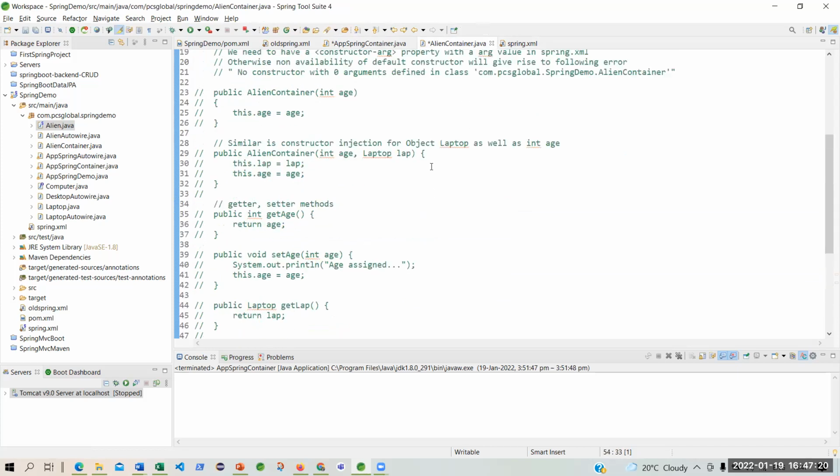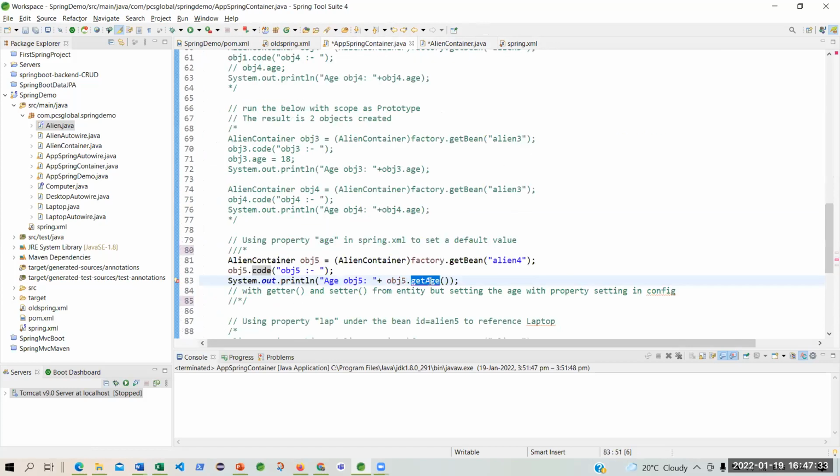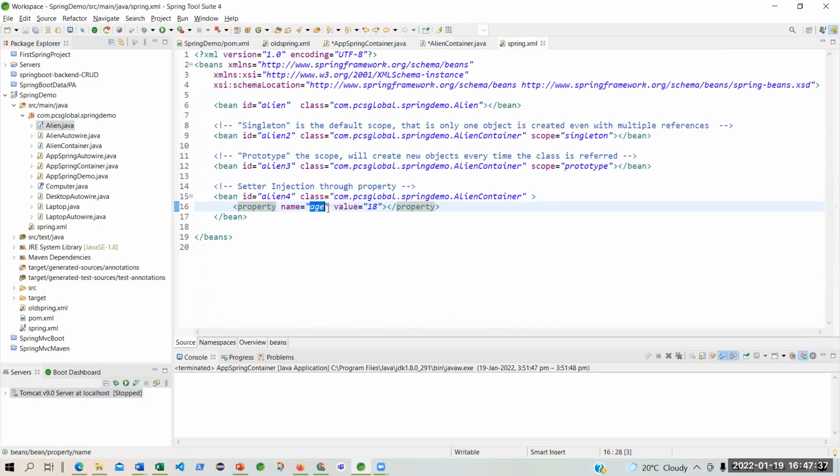Now this is an entity bean. Can you set directly? No. You have to use, because this is a property. You are directly saying age equal to 18, but through property. So can you do that?